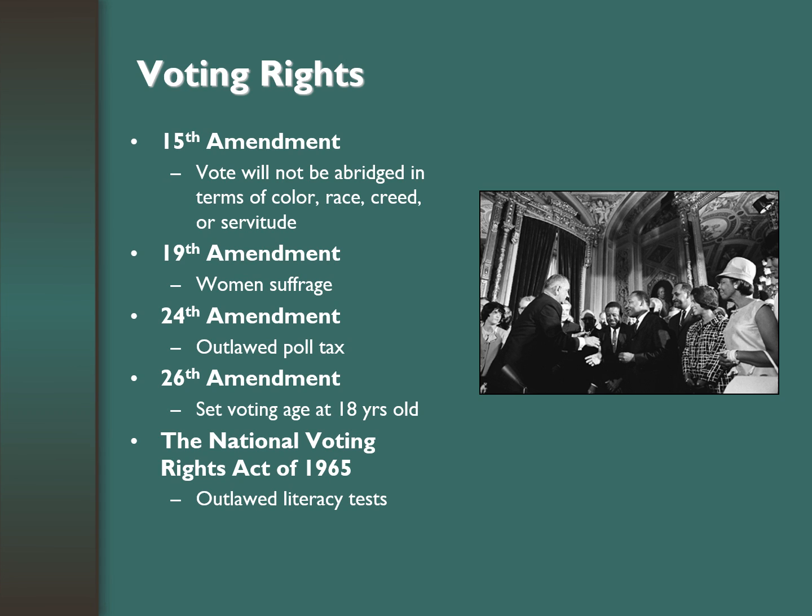And so that started off with the 15th Amendment. The 15th Amendment was ratified in 1870 as part of the Civil War amendments, and it says that the vote would not be abridged in terms of color, race, creed, or servitude. And it ultimately took another 95 years to see this come to fruition because, as we'll discuss in civil rights,